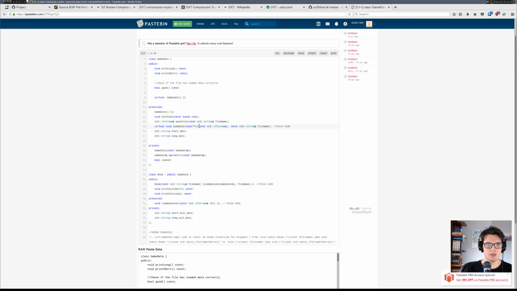So you could pass this as just a void pointer here, and then have this function be a static function. You can have it protected, but a static function that takes this void pointer and casts it to the room, and then yeah, this would work fine until you have, how it's called,